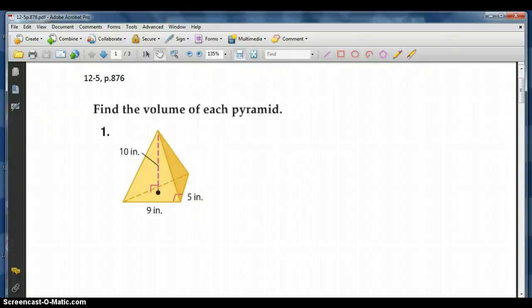This is section 12.5, finding the volume of pyramids and cones. Starting on page 876, number 1, find the volume of each pyramid. So, our formula for volume of a pyramid is 1/3